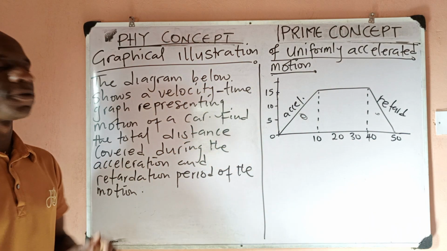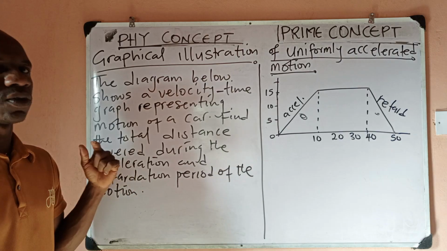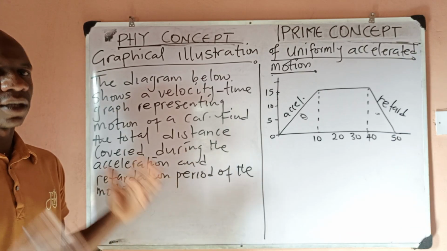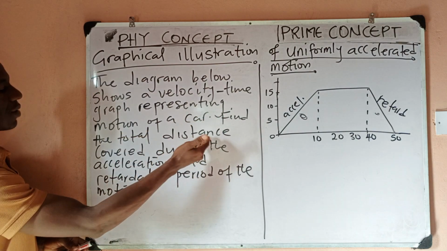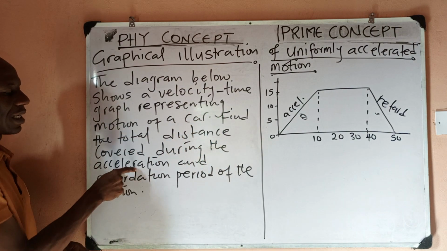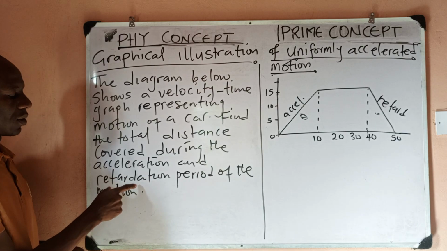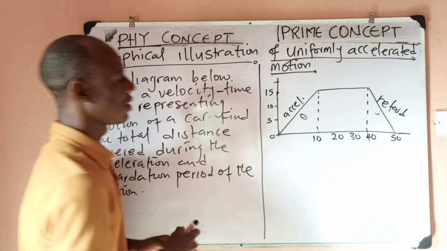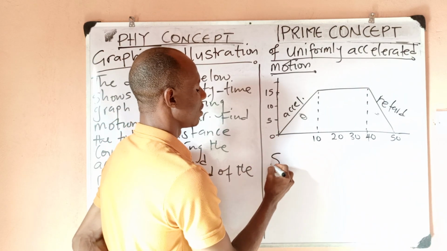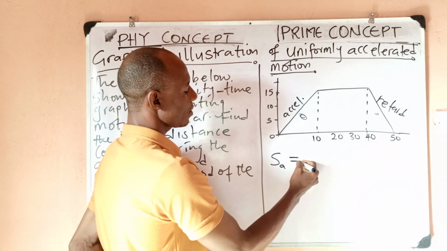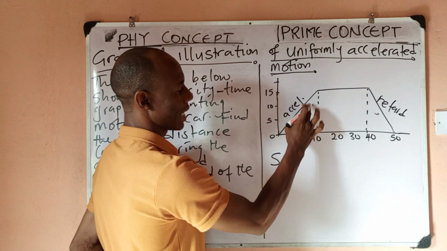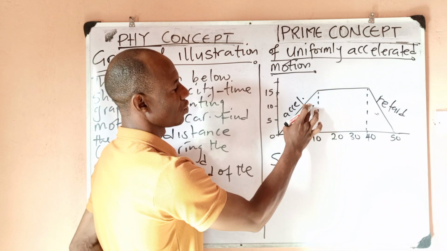So this would be different from if the question wants you to find the total distance. I'm going to explain the first one. They want us to find the total distance covered during the acceleration and during the retardation. So let's find the distance during acceleration. Distance during acceleration, I'll write it as SA, is going to simply be the area of this acceleration region,